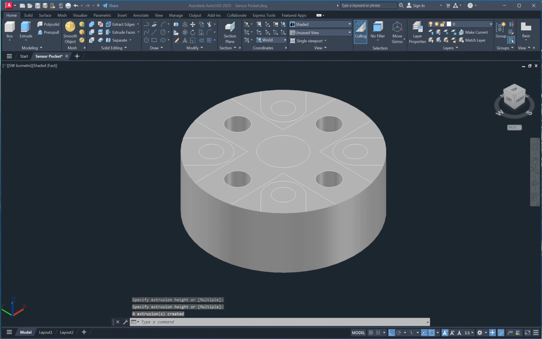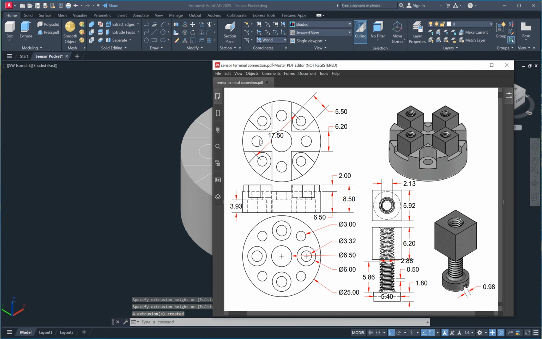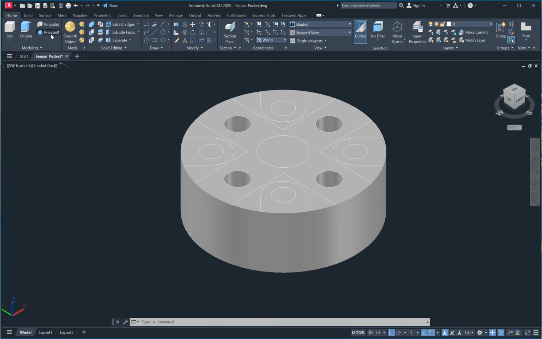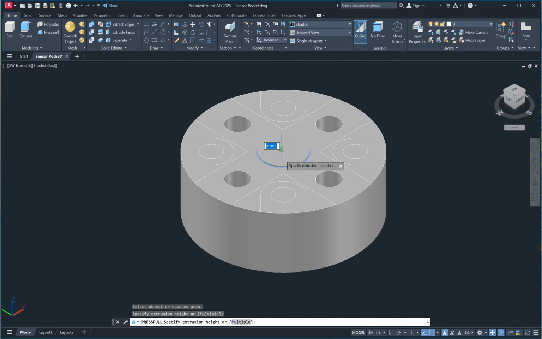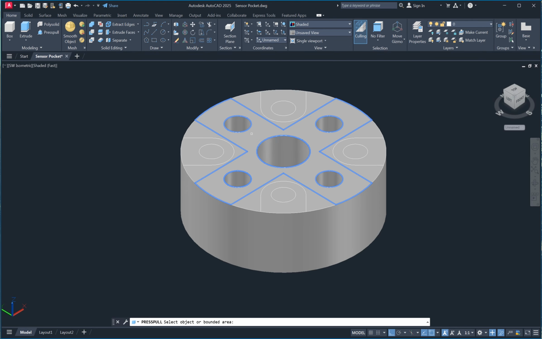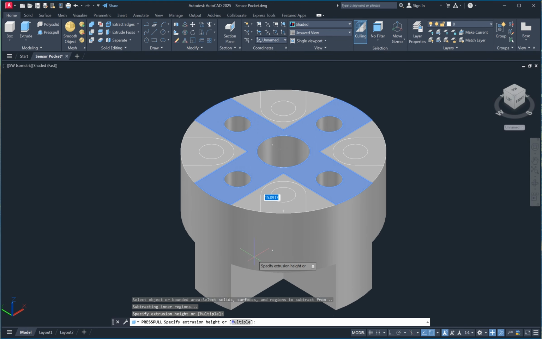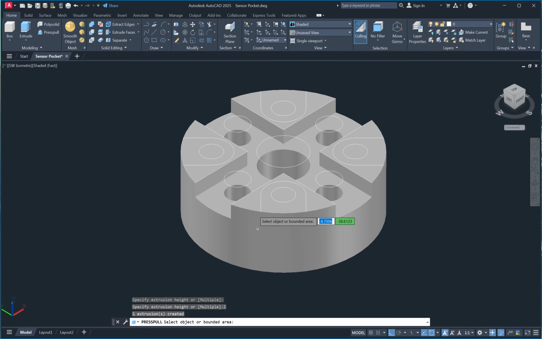And the next here we need to presspull 2 mm, presspull down. So we use command presspull and we can also do this, the middle hole needs to presspull. Yeah. And the next this point, presspull down, enter, like this. Now we get like this.